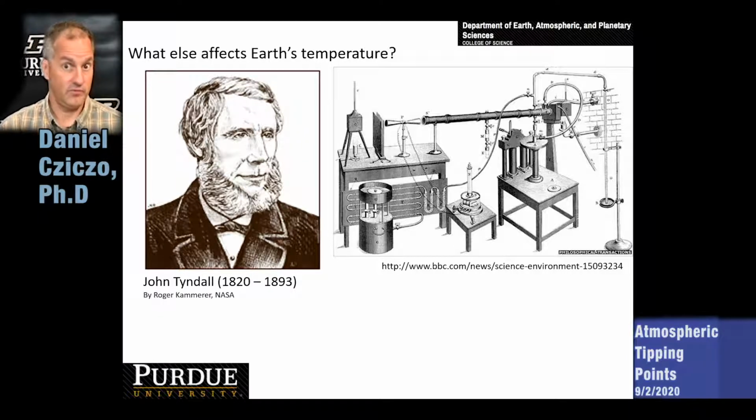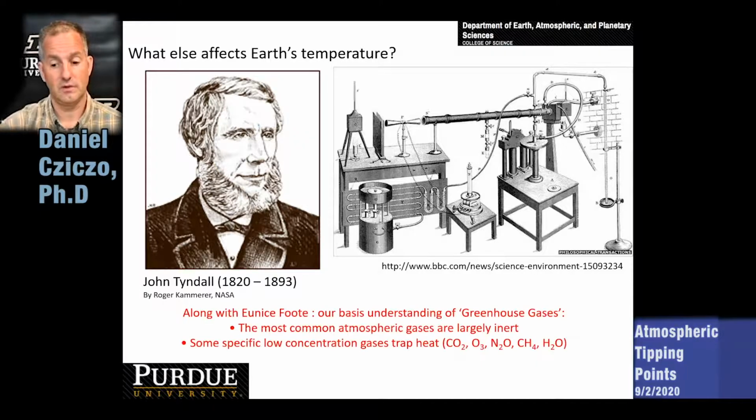These lights might be visible, the types of things that we're seeing with. They could be ultraviolet, they could be infrared. Infrared really being heat, like the heat that the Earth picks up after it becomes warm. And what Tyndall and Foote found was that most of these gases that they looked at were essentially inert. They didn't interact with that radiation. They didn't interact with that light almost at all. They just let the light pass through.